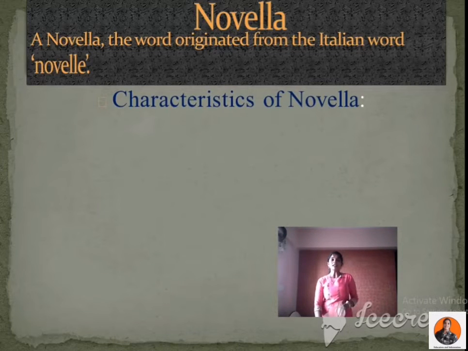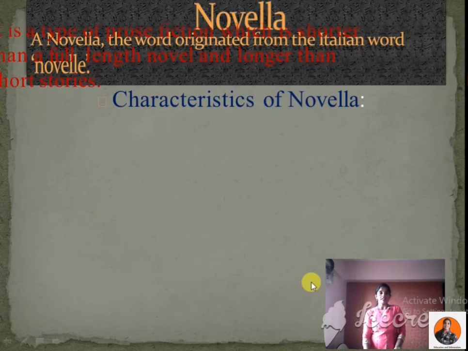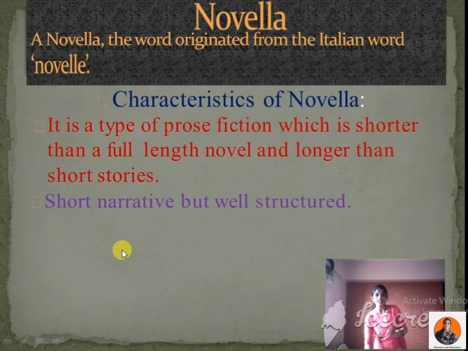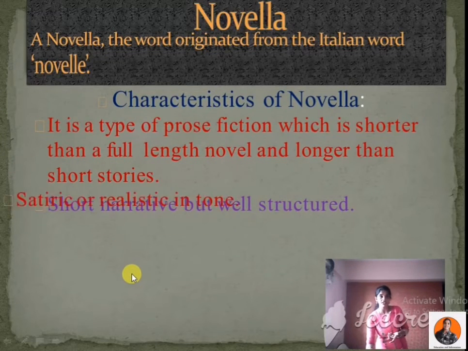Now we'll learn about the characteristics of a novella. The first characteristic: it is a type of prose fiction which is shorter than a full-length novel and longer than a short story. This type of fiction, which is a little shorter than a novel and a little longer than a short story, is called a novella. Next characteristic: short narrative but well structured,